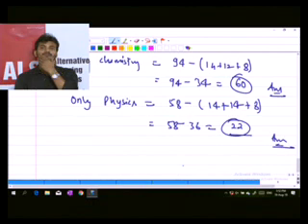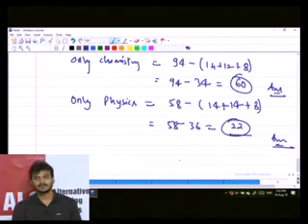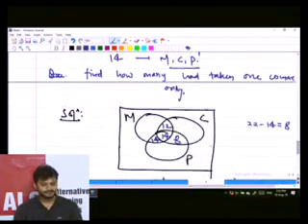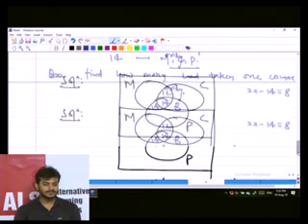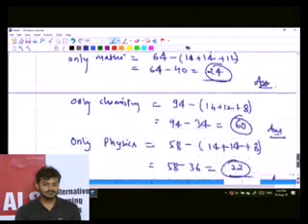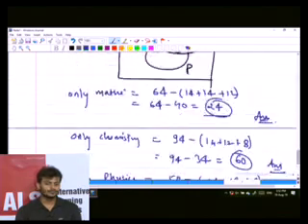I hope the answer is clear to all of you, all the three answers. How we are getting all the answers, how we have started this question, is really important. We have started from the most inner side. You please take your time and let me know when you are done. This is 24. This is how much? 60. This is how much? 22.